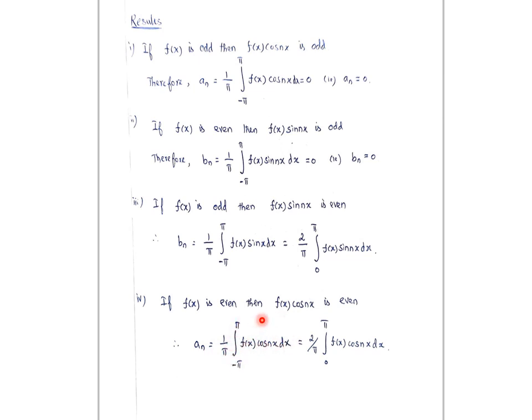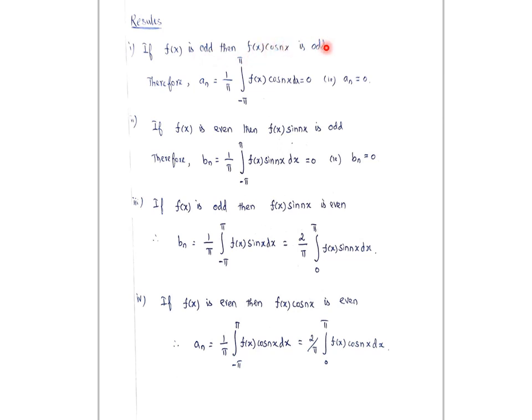Therefore, the whole integral can be reduced as 2 divided by pi integral 0 to pi f of x cos nx dx. Therefore, once again, we can see all the four results which can help to solve the given problem in an easier way. That is, in this first case, if f of x is odd, then f of x